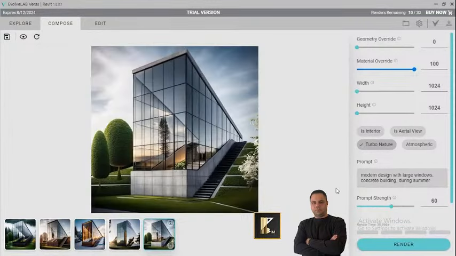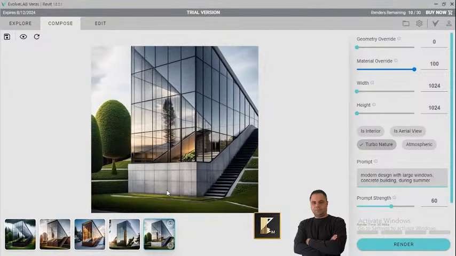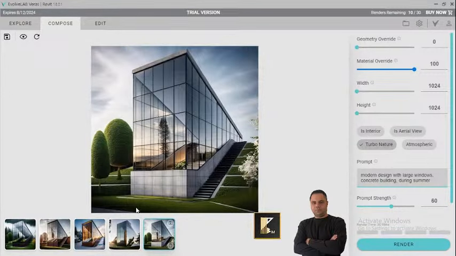So you can give in the prompt here anything that you want to see. Maybe you can change to stone, to wood, to steel, to anything that you want, and also you can adjust this. For example, if I want to maybe add some, let's say, timber to this ceiling, so I can now